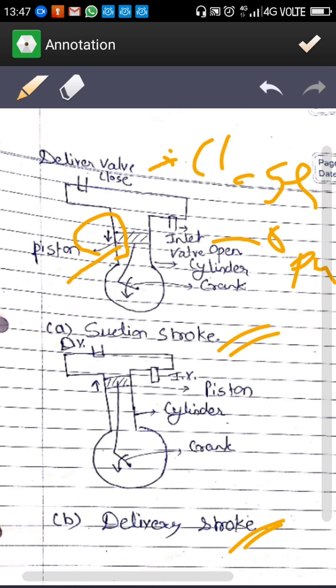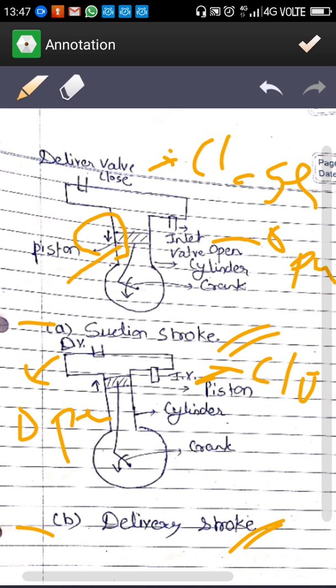At the delivery stroke, the inlet valve remains closed and the delivery valve remains open. So high pressure air is passed through the delivery valve to the application where it is going to be used. These are the two strokes, suction stroke and delivery stroke, through which we explain the working of the